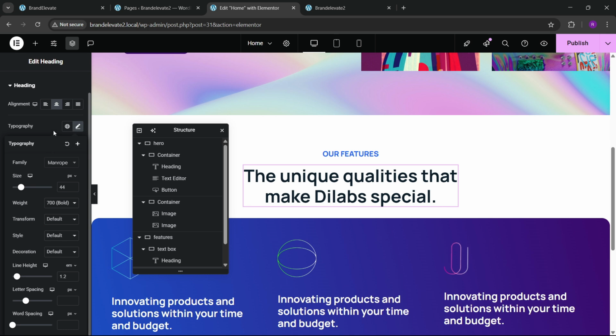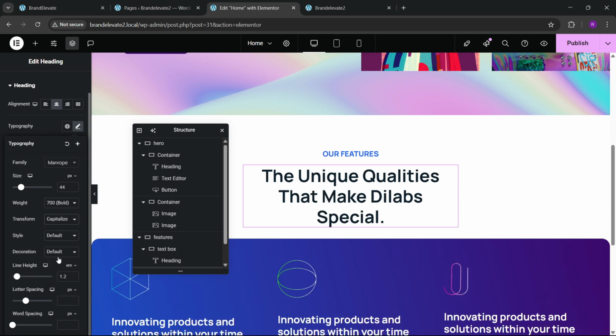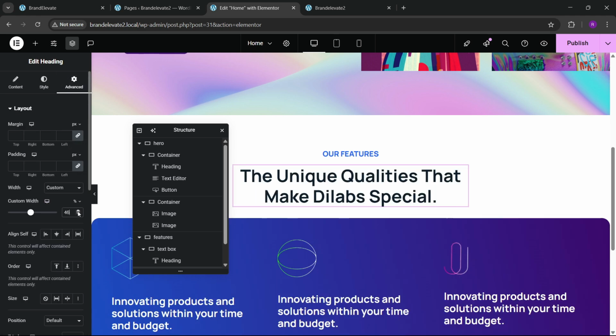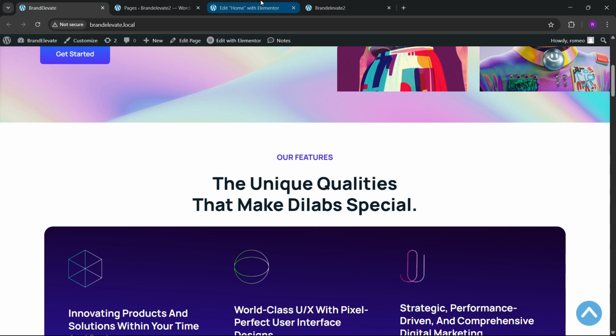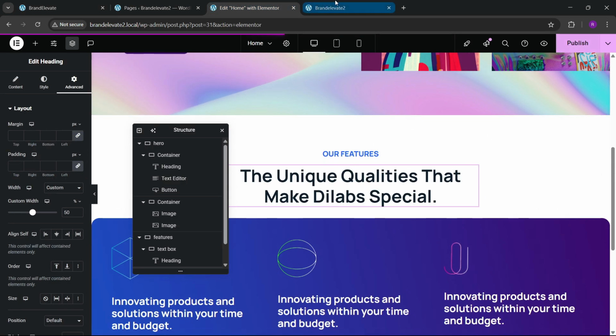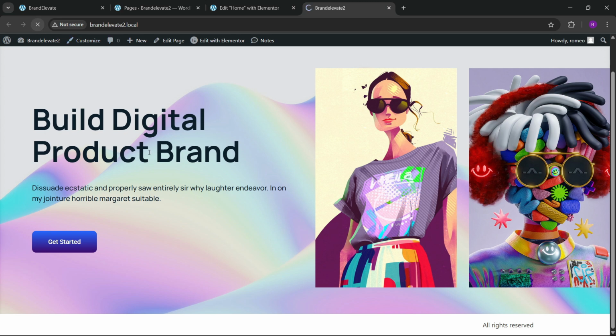and we can also go to the transform, make it capitalize if you want, but capitalized is also looking good. Let's increase the width a little bit also. Okay, 40 and 50 is looking good. Okay, and here you can see that we have these gaps and all. Okay, so let's publish, and after that let's refresh it here, and after refreshing you can see that we have